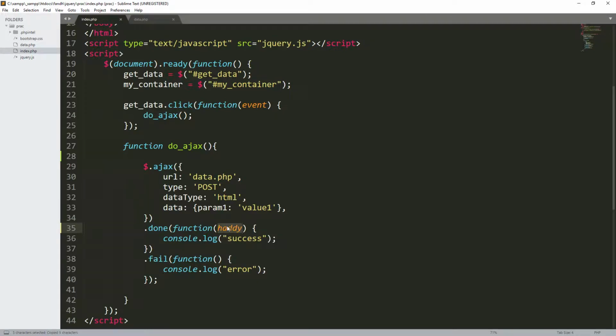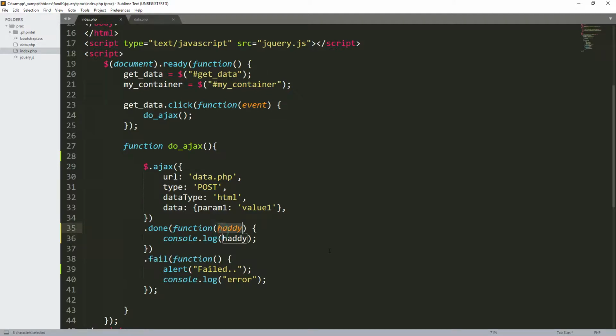Now I want to get this Hardy. Now it's a variable, and I want to put it inside the what? Inside the console, and see what is inside this variable. Then here, when it fails, I just want to create an alert and just say fail. But if you want to receive anything from the other website that you're visiting, you receive it in here. You can give it any name. That's why I make it your names, so that you should understand.